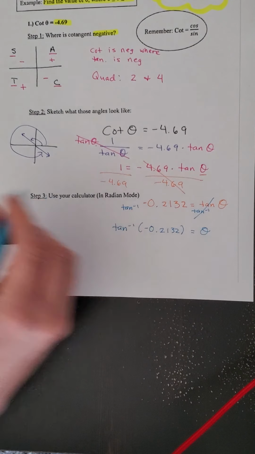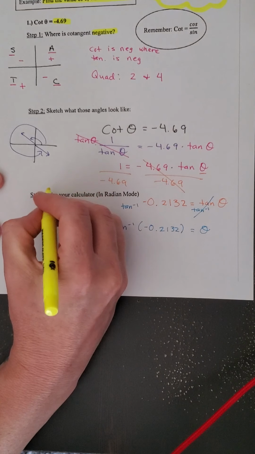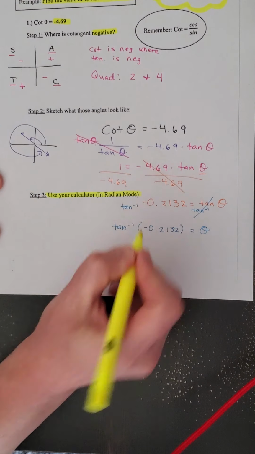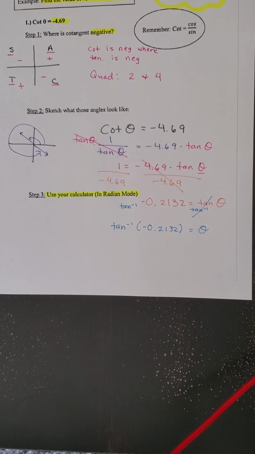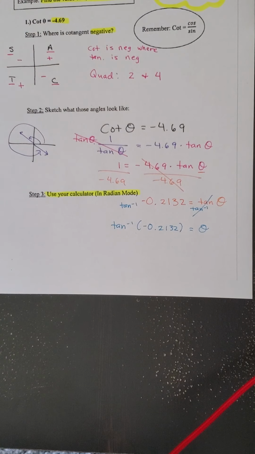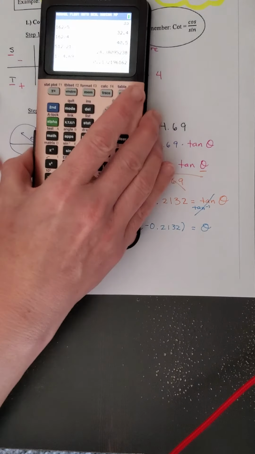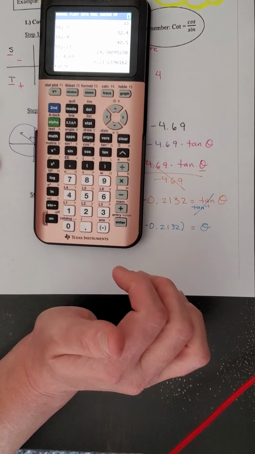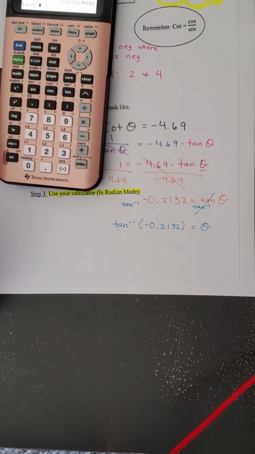And now I'm going to evaluate using my calculator. So now we're to this portion. Use your calculator in radian mode. Don't forget we are in radian mode. We can tell we're in radian mode because there were no degrees given, right? Okay, so in radian mode, I am in radian mode. All right, so second, tan inverse, negative, don't forget you need to use negative, not minus,